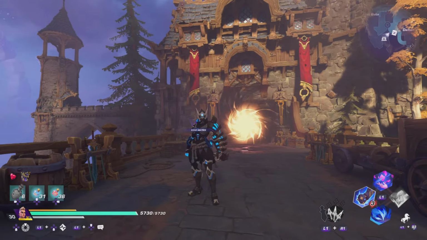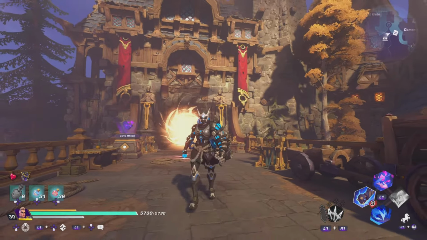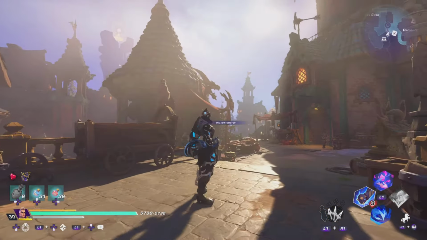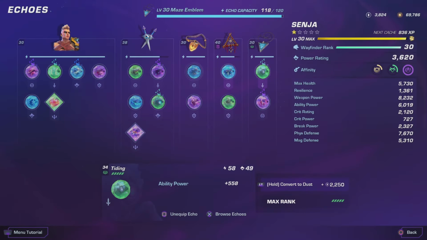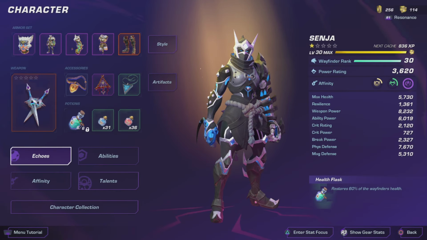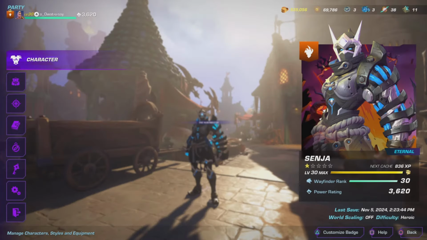So yeah, one of my longest videos yet. This is Ninja Senja. And honestly guys, this build is crazy. The skill cap, especially if I take a little bit more time with the echoes and try to get some resilience, maybe at least 2,000 resilience, you know what I mean? Which can also come from the Wayfinder rank, I know, but get that 2,000 resilience and bruh. And then like I said, with these pots, with the healing, the sustain, the defenses,